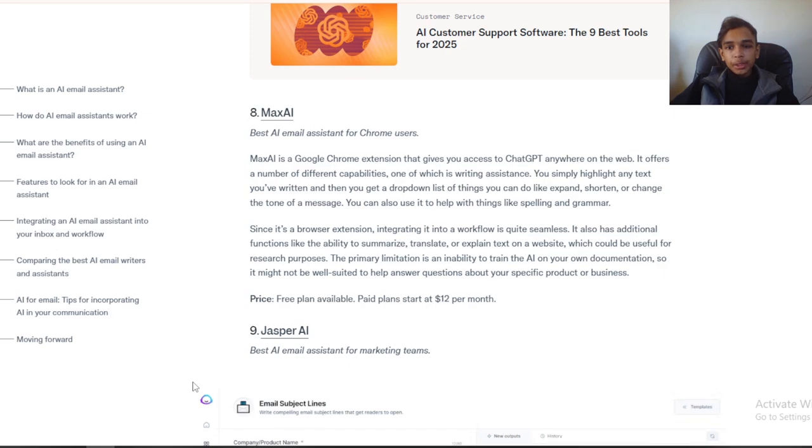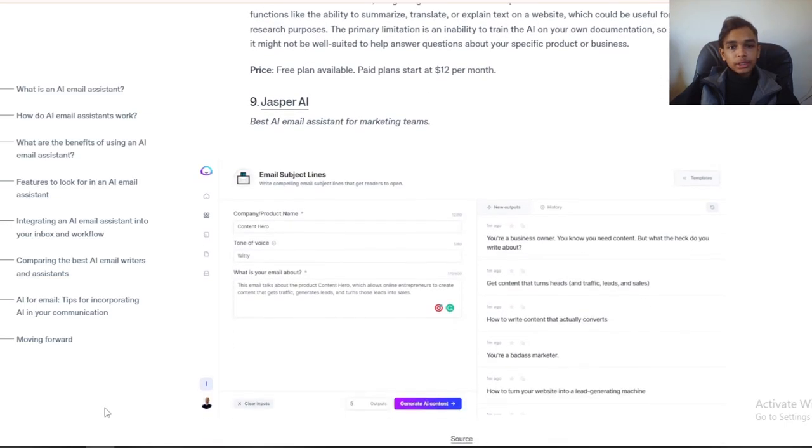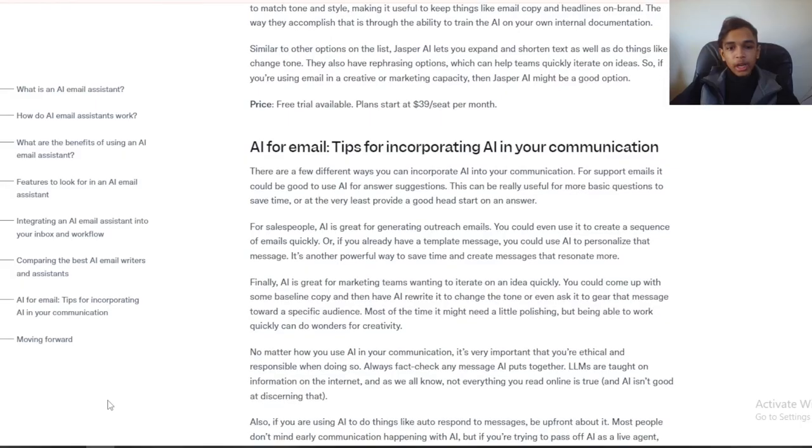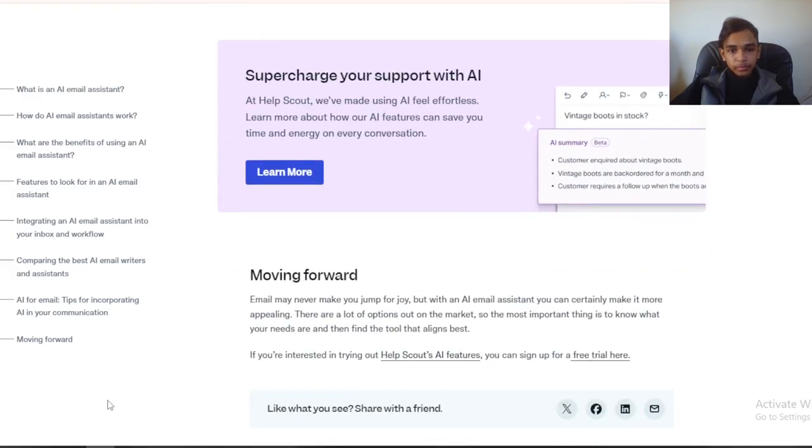You simply highlight any text you're writing and then you get a drop-down list of options. You can expand, shorten, or change the tone of a message. Jasper, best email assistant for marketing teams. Jasper's email tool is geared toward marketing teams.